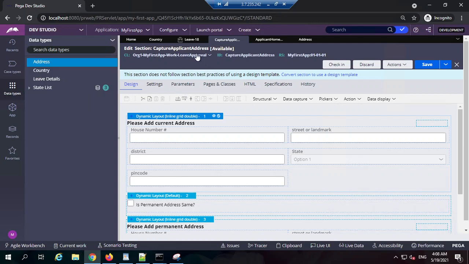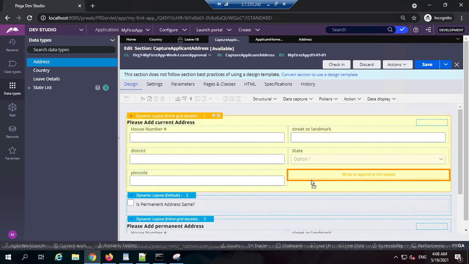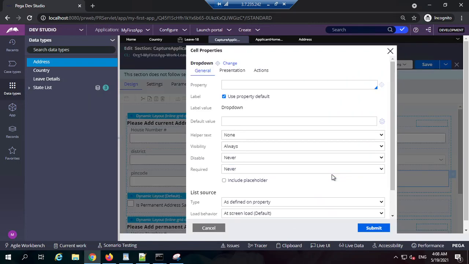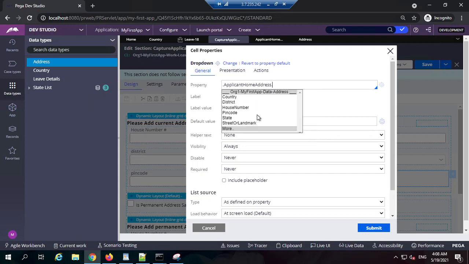If you also have access to the same application, when you create the case, you will not see my changes. It is very specific to my requester session, when I'm logged in. So data capture, and I think we have a drop down. We pick a drop down, right? So let's see what configuration we have available. Firstly we have to mention the property. Let's say home address, and here we have country now, right? Whatever we do on this drop down, the data will be stored on this property in the clipboard or in the backend. Let's say I want to keep it as country name.